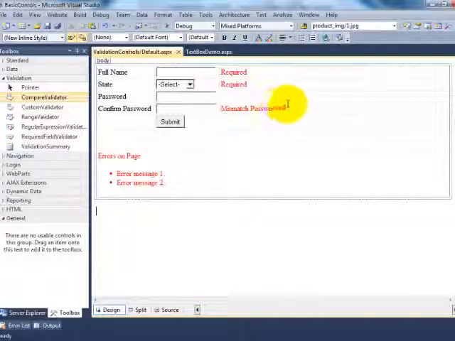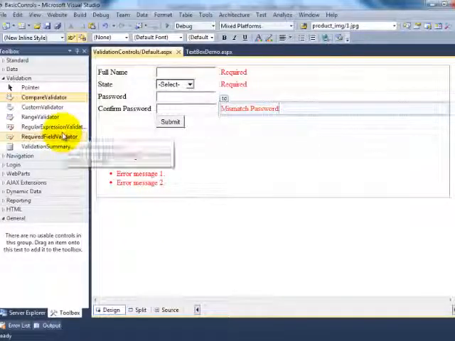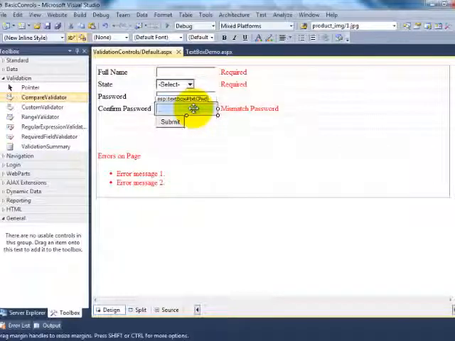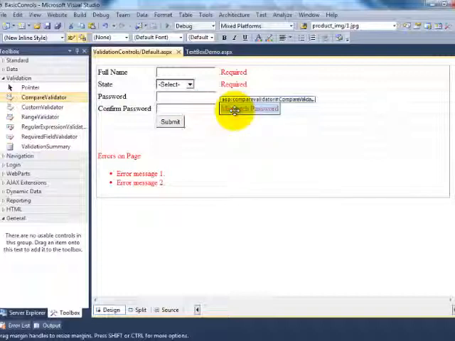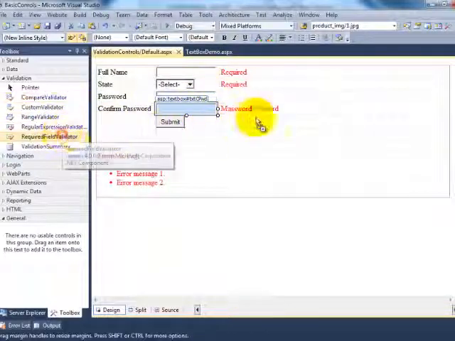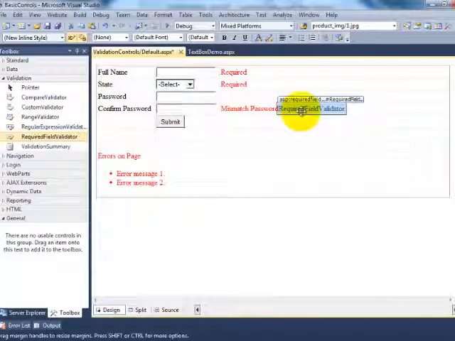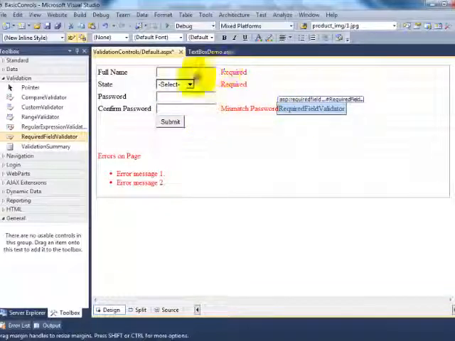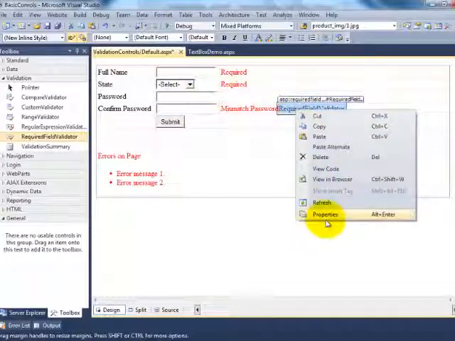So for that requirement, what we can do is take the help of the required field validator. We can use multiple validators towards a single control. But a single validator control cannot be used to validate multiple controls. Single text box I can use to validate for multiple validators, like how I am taking over here one more validator. So two validators I can use for a single text box, but a single validator I cannot use for two text boxes. That's the meaning.